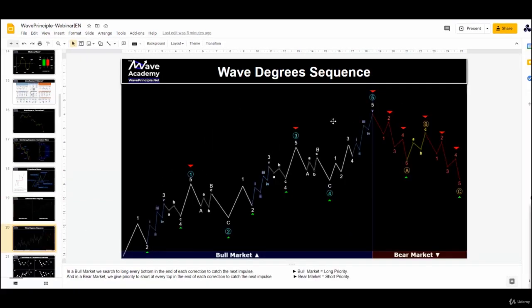As you can see, we have many cycles that can start and end, and it can be very tedious to know where we are right now. The only thing that matters is what is the main trend. If the main trend is a bull market, you want to buy at every bottom as possible, and you have more opportunities of getting it right than trying to short the top.